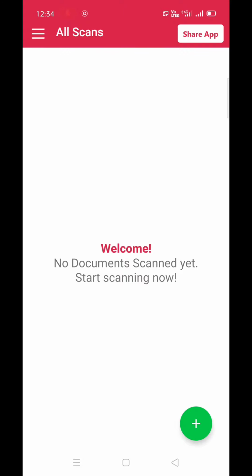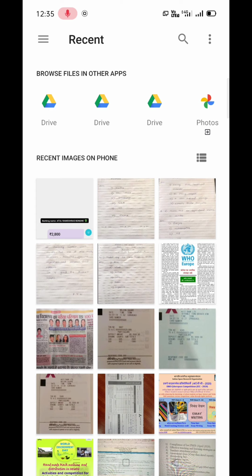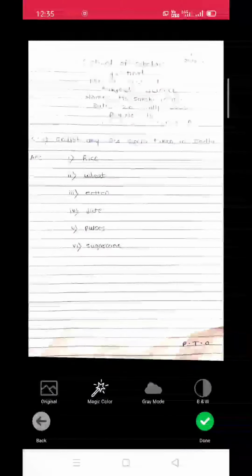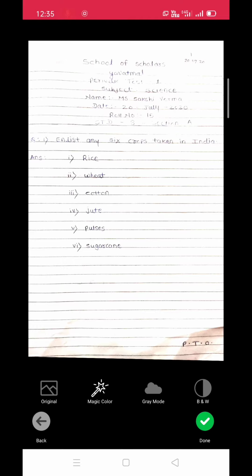Now to upload your JPG images one by one and convert them into PDF, you need to click on the plus sign given in green color. From the file option, you need to add all the photographs of your answer sheet one by one in a particular sequence. To make it look proper, I will click on the original button and done.